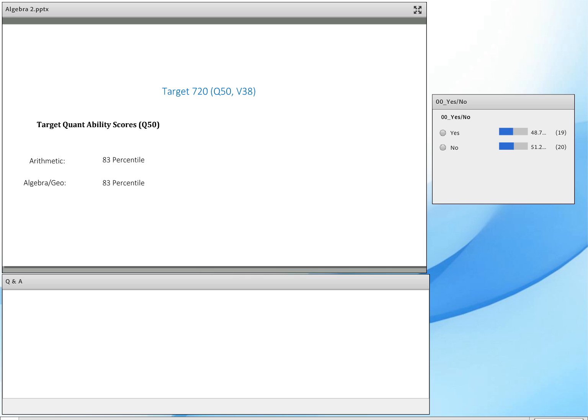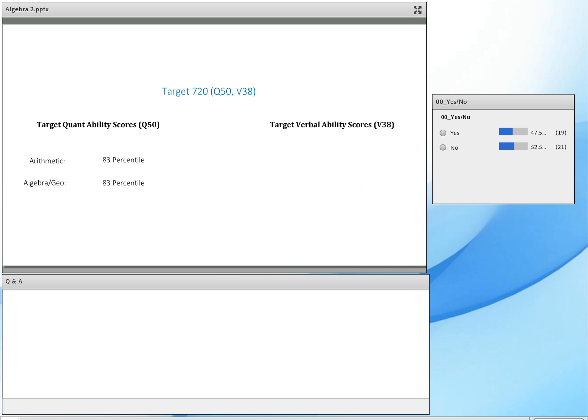Okay. In this case, we've decided that this student is going to do really well in both arithmetic and algebra. He's not going to ace any one. He's not going to aim for that 95 percentile in arithmetic or algebra, but he's going to do decently well in both the sections in order to score a Q50. Likewise, the V38 is no longer just a V38. In order to score V38, the student decides that, okay, I am going to master both SC and CR to almost similar levels, but I'm not going to worry as much about